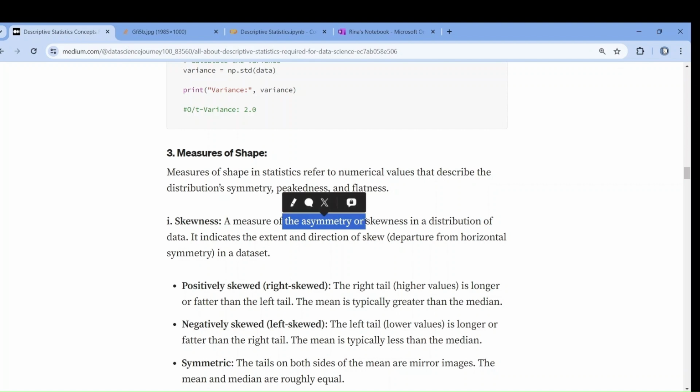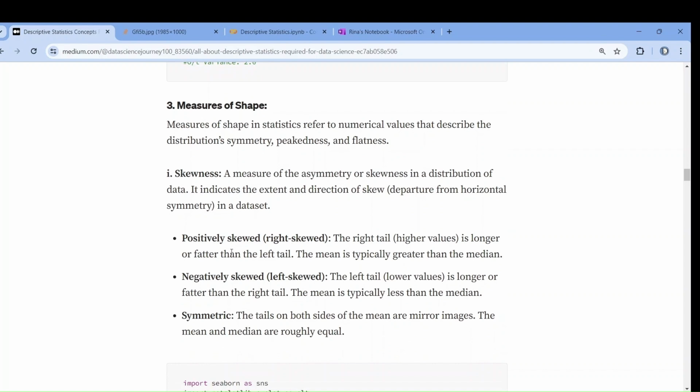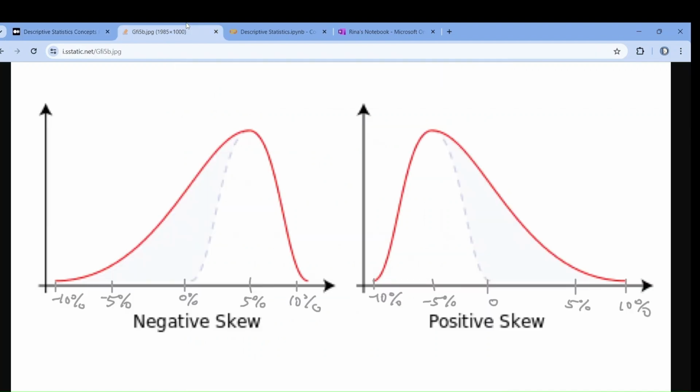Data is not symmetrical. Now we want to know how asymmetrical the data is. For that we have to calculate skewness. Okay. Now what is positively skewed? Positively skewed means the right tail is longer or fatter than the left tail. Let me show you. If you draw like this, as we have studied in Seaborn,